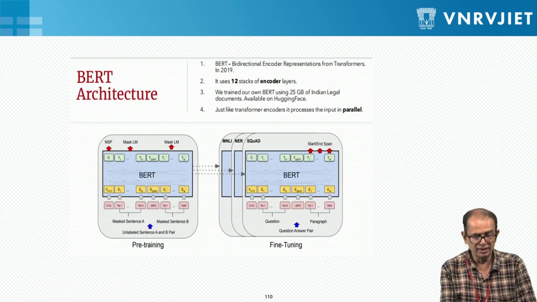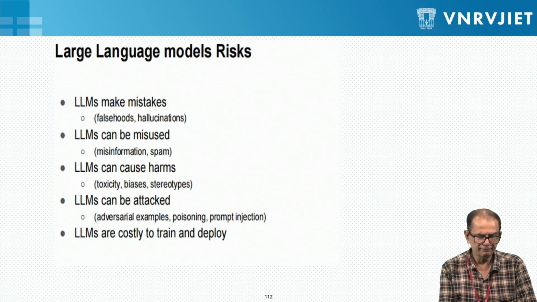Okay. Now we have other architectures like BERT and so on. And what are the risks we need to understand very clearly when we are doing generative AI? The hallucination that we spoke about is one of the biggest risks that LLMs can pose. When we say hallucinate, it gives us an output which is wrong, although it appears to be correct. So we need to be careful about such a risk that LLMs can pose.